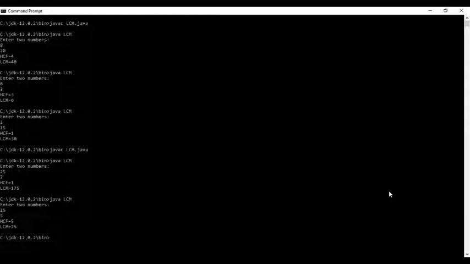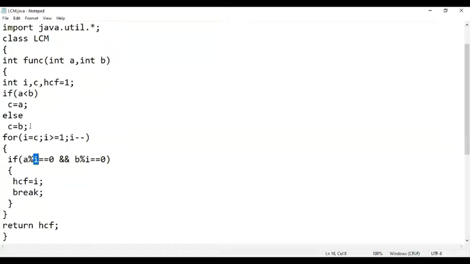In the if statement, it is written if A is less than B, then C equals A. Otherwise, C equals B. So if A is greater than B, then C will be initialized with B. You can see it here in the program. So there will not be any problems in this program. See here.